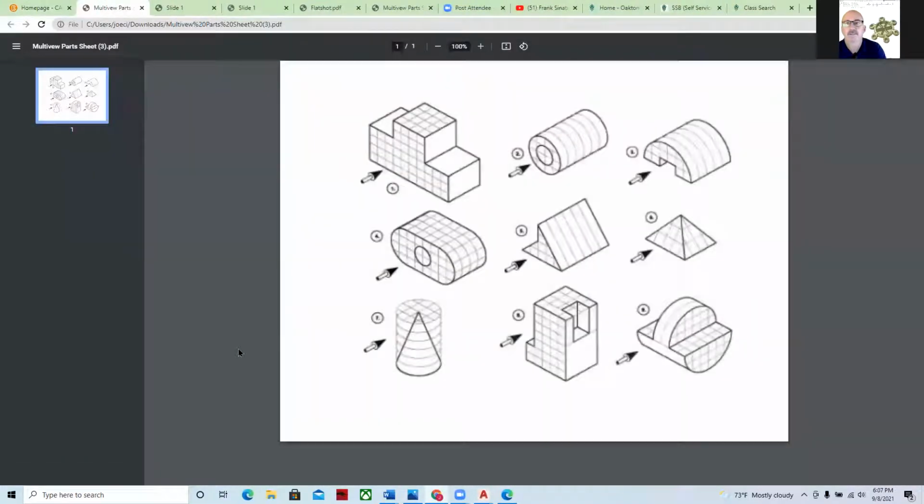And then if I come back here to the parts sheet, what we want you to do is to go through and look at the parts sheet and to basically draw these different shapes with the front view orientated to this arrow line of sight. And so you have to count squares: 1, 2, 3, 4, 5, 6, 7, 8, 9, 10, 10 by 3. So if I came back over to my drawing,